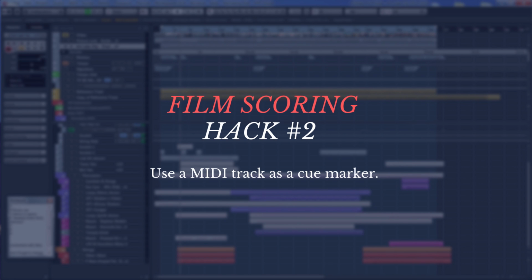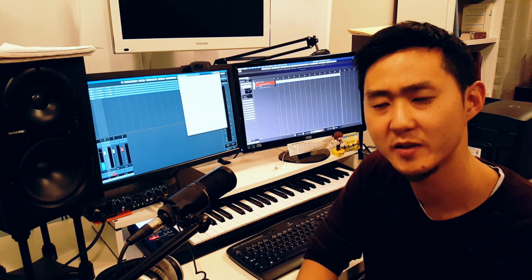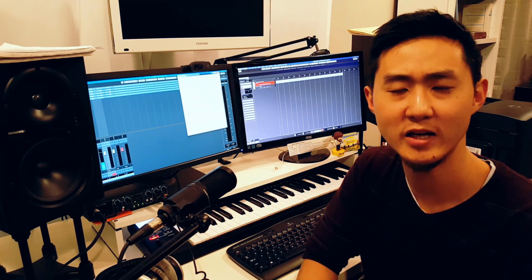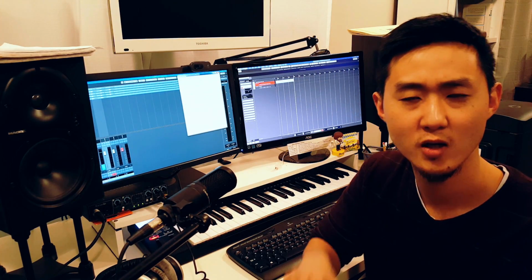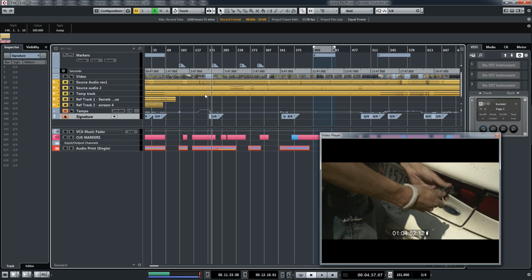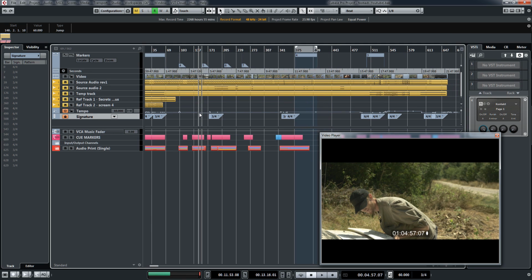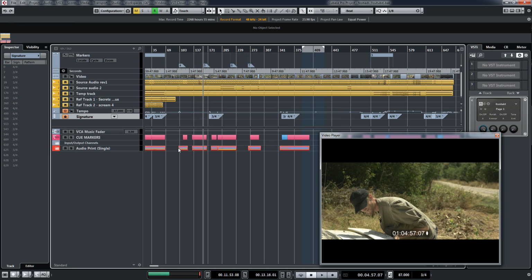Hack number 2. Use a MIDI track as a cue marker. Now, generally speaking, when you're spotting the movie, you might use a marker track in Cubase or a similar DAW, and it'll mark the points pretty effectively. The only problem with the markers is that if you go back and fidget with any of the tempos on the tempo track, that can actually offset where the markers are,